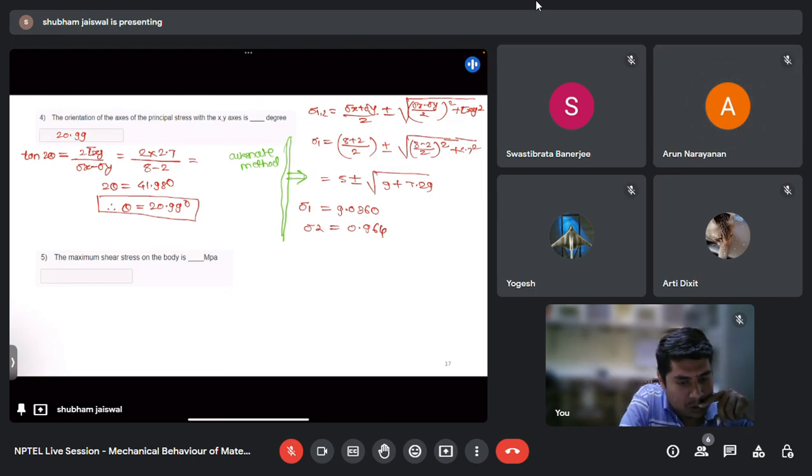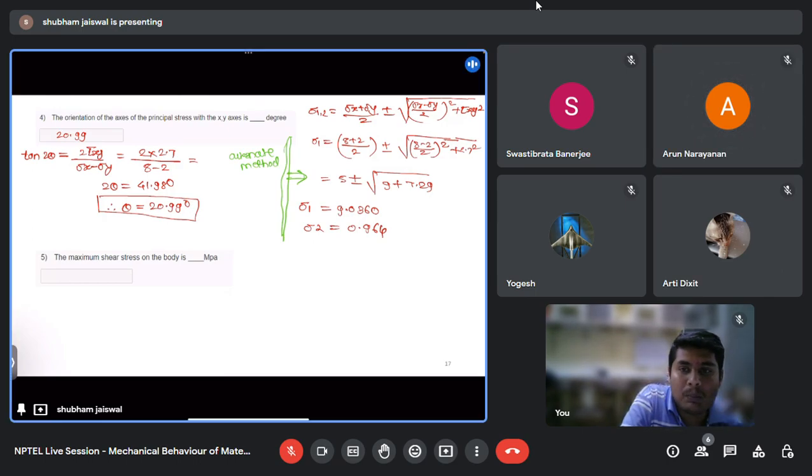As this is the case of plane stress, only then we can take sigma 1 minus sigma 2 by 2. If it is not a condition of plane stress, then we have to take sigma 3 by 2, whichever comes out to be the maximum. So we can solve it by using two methods. Tau max is equal to